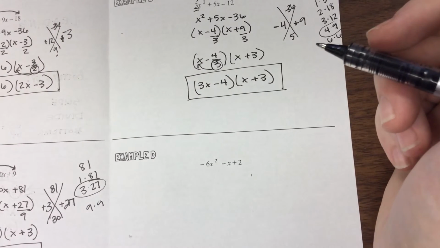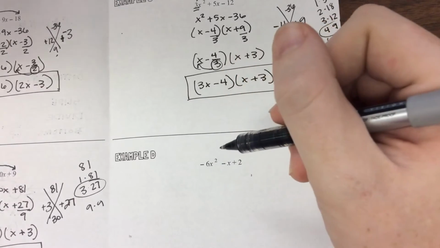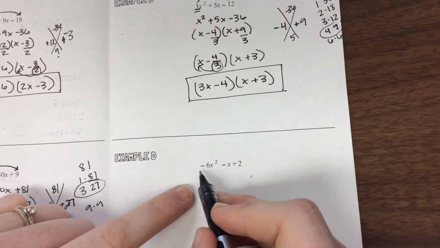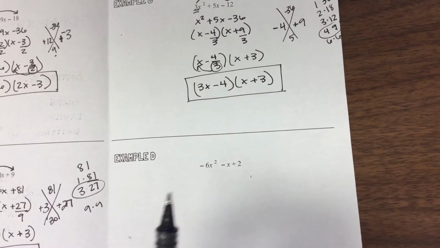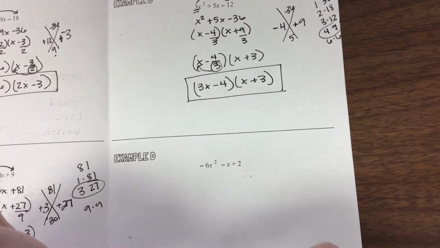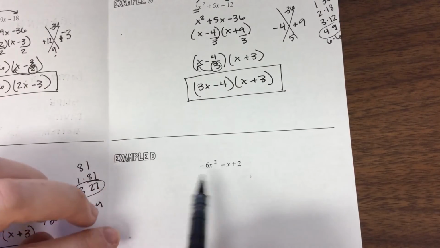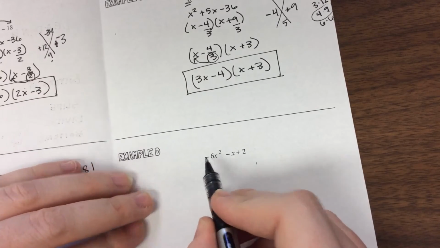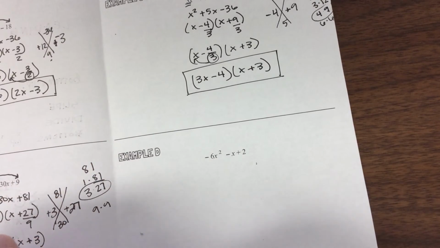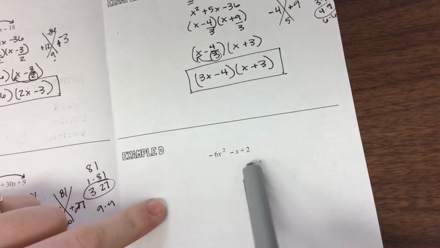Actually, we'll pause on that. If you're doing this on your own, I'll do a second one on what to do with the negatives. I'm going to go consult with my other Algebra 2 teachers and make sure I teach this the right way. So if you're working on your assignment and you have a negative out in front, hold off on that one. I'll post another video explaining what to do with that